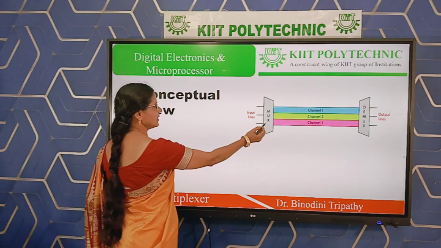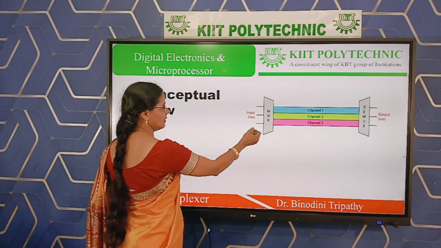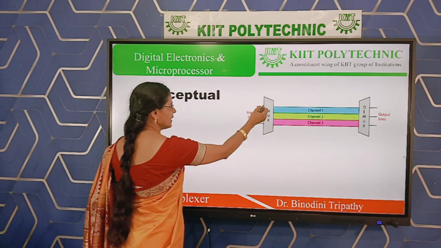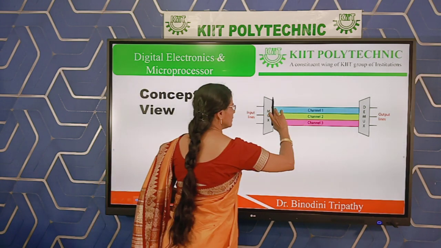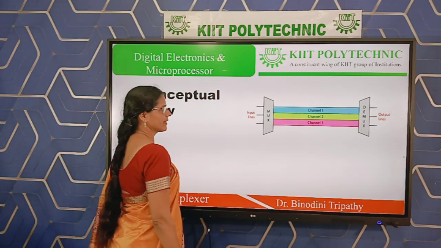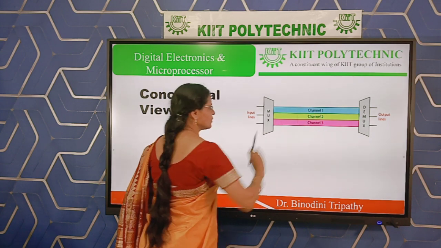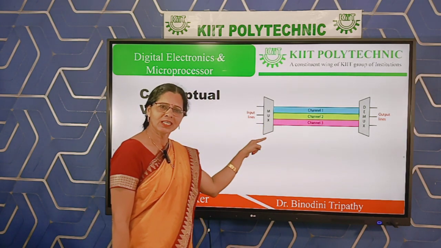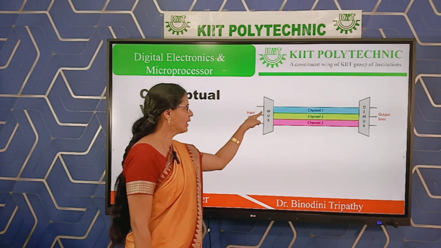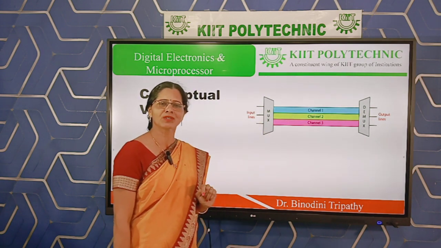This is a multiplexer. A number of inputs are available. The multiplexer can combine all these signals and they will be available. This portion is known as the link. Over this link all signals will be available. But the multiplexer has the capability to select any one and that will be active as per your requirement.